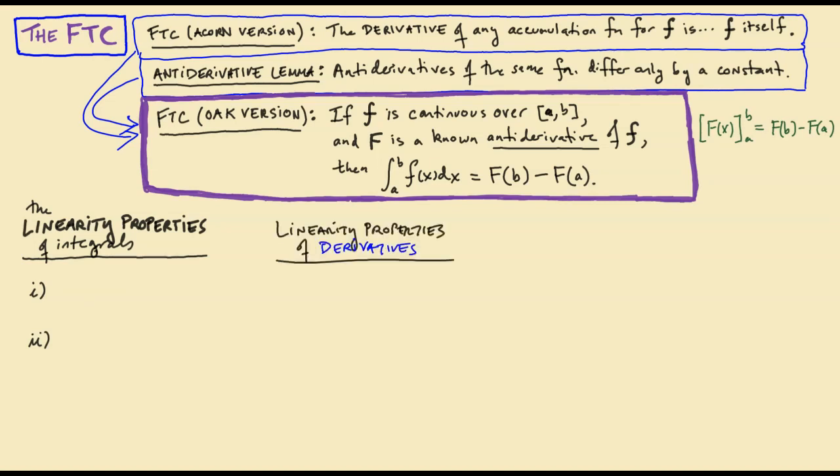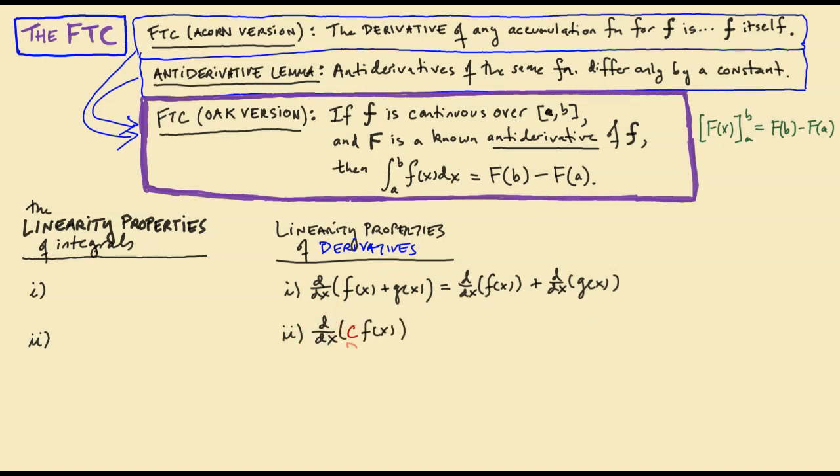For example, you have met the linearity properties of derivatives, whether or not you knew them by that name. They are 1. The derivative of a sum is the sum of the derivatives. In other words, we can take derivatives of a sum term by term. The second linearity property of derivatives is that if you have the derivative of a constant multiple of a function, you can pull that constant multiple through the derivative operator so that you get the constant times the derivative of the plain old function. So we can take derivatives term by term, and we can pull constant multiples through the